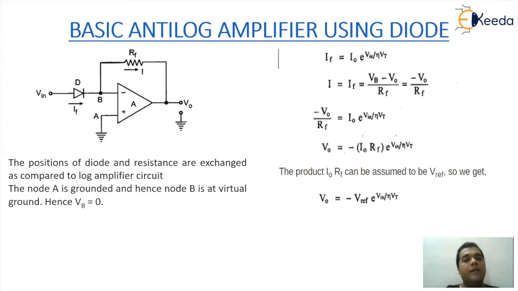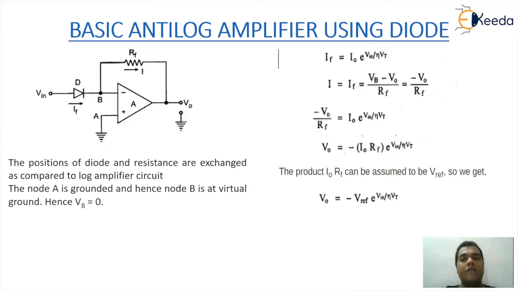When we talk about the operational amplifier, the internal resistance of the op amp is a very high value, so the current taken by the op amp is as good as zero, and that's the reason the V plus pin and the V minus pin of the op amp are considered to be equipotential. So using that concept, you will find that the value of node VA, which is 0 volt, is going to be equal to the value of node VB, that will also be 0. Under this guideline, you can say V in minus Vf is equal to 0. So automatically V in will become equal to Vf.